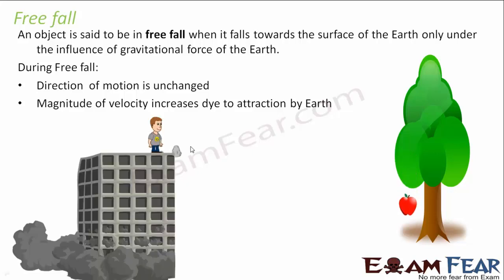So take the example of a person throwing a stone from the top of a multi-story building. There also the same thing happens. Once the stone is left from his hand, the stone directly goes off and falls to the ground. The only force acting on the stone is the gravitational pull. And because of the gravitational attraction, the velocity of the stone keeps increasing. And since the velocity increases, that means there is a change in velocity with time. That means the object has an acceleration. So this acceleration is known as acceleration due to gravity.